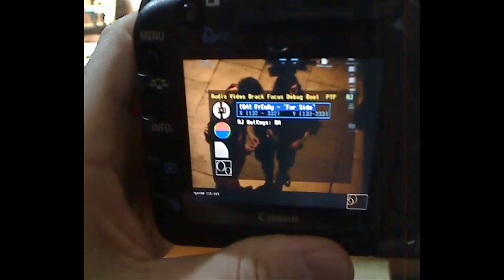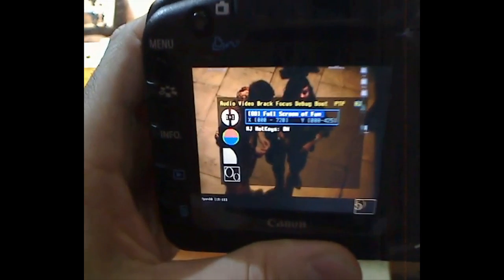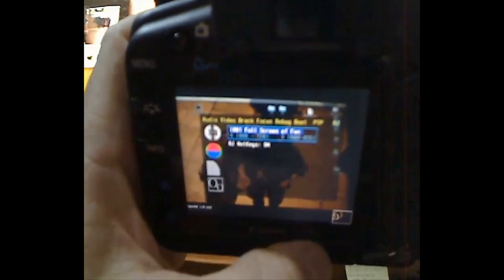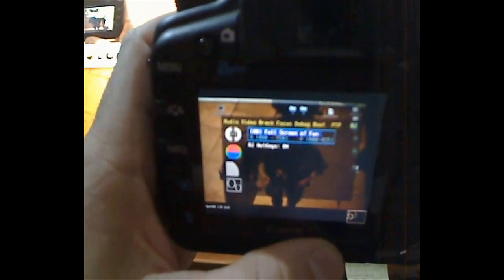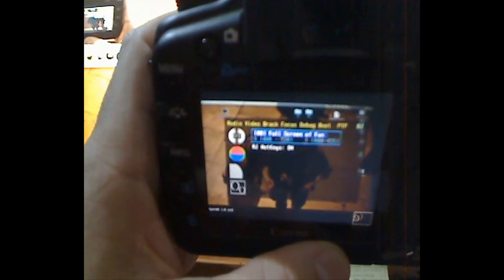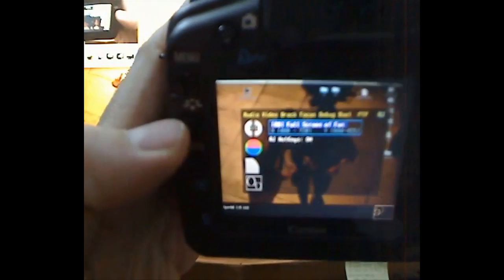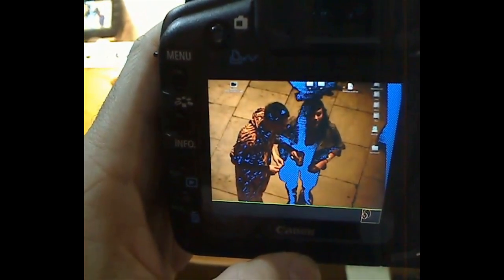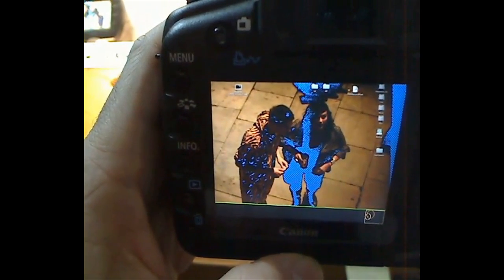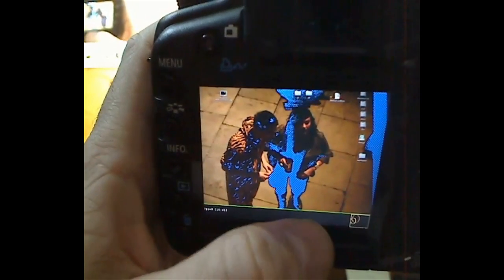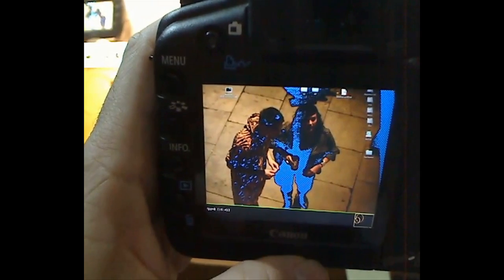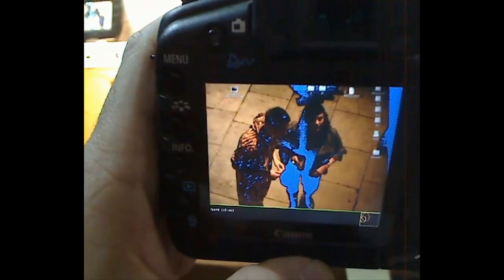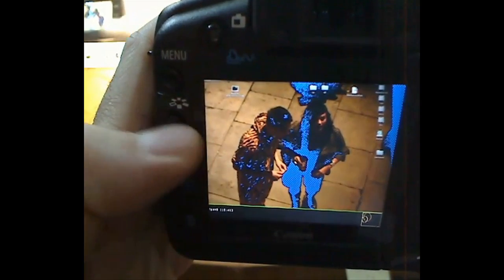I can change them to something else. Full screen of fun. This is actually not the complete full screen. The bottom of the Y is only 425 rather than the full screen. But if I go onto that, you'll now see the whole screen has zebras, and at the very bottom there's a green line, which is the bottom of the crop marks. There's no crop marks at the top or sides because there isn't space for them. If I go back,